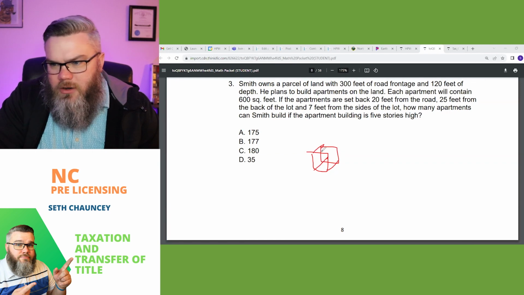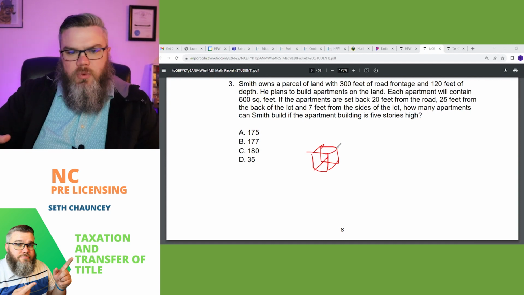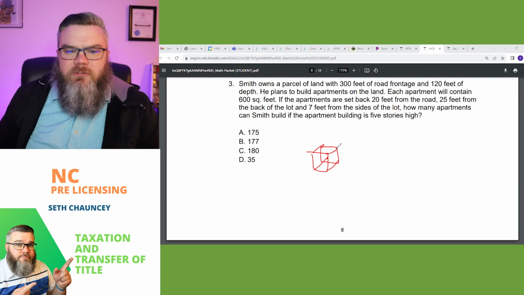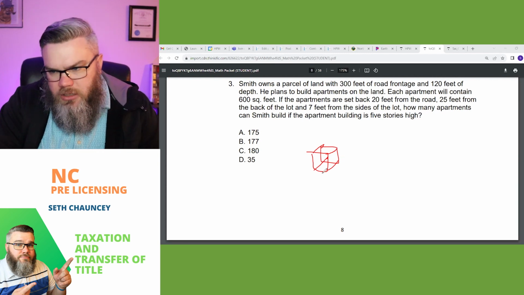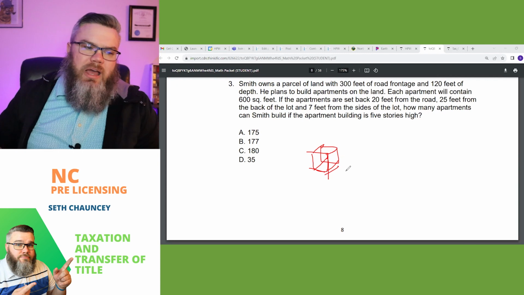Then you're like, I can't erase that little piece in the middle, but you get what I'm saying. It's a cube. And so buildings are three-dimensional. And so sometimes we look at things like cubic feet of a driveway, which is length times width times height. And the confusing thing about that is,